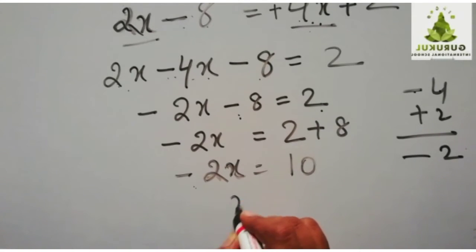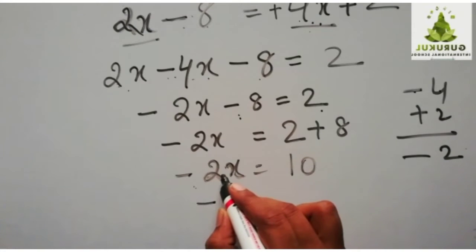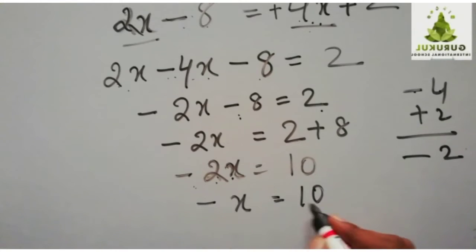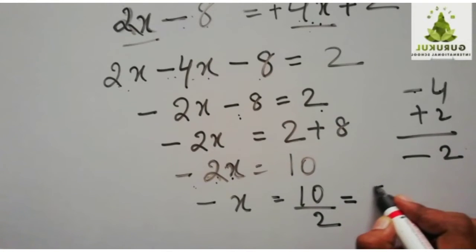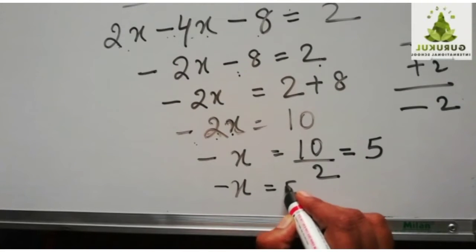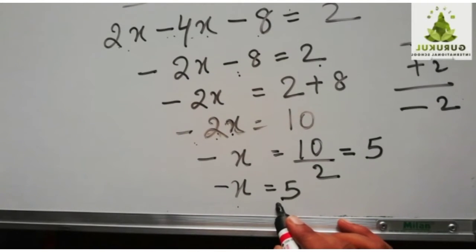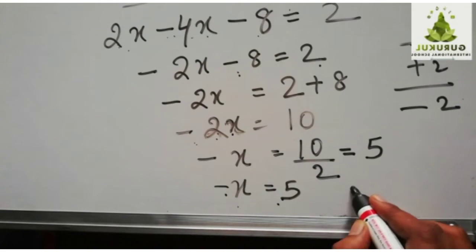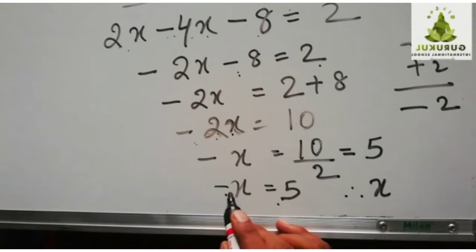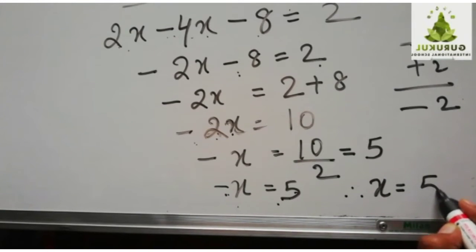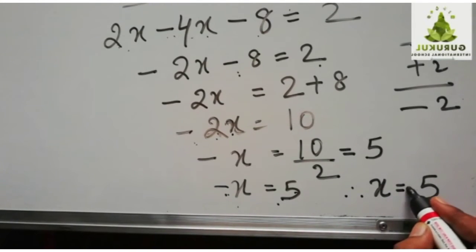So what you are getting here, if I take minus x, now I want to take this to the other side. So here you will get 10. Now divide by 2. So you are getting minus x is equal to 5. Understood this? So minus x is equal to 5, so x is equal to minus 5. If I change this sign, here also I should change the sign. Therefore x I make positive, so this also becomes its opposite. So x is equal to minus 5.